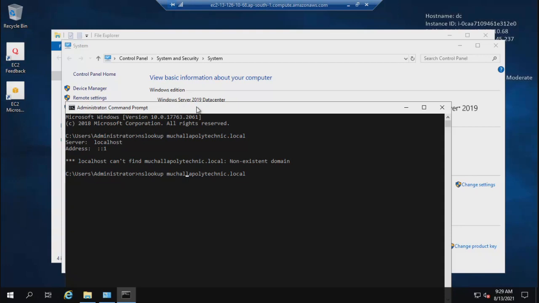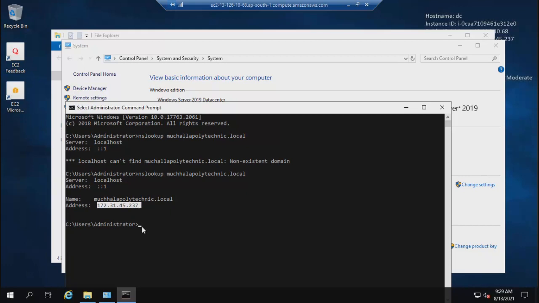Sorry, the spelling mistake. I think it's correct now. Okay. Now when I'm asking my computer who is this Muchela Polytechnic .local, you see I'm getting the IP address of the system.